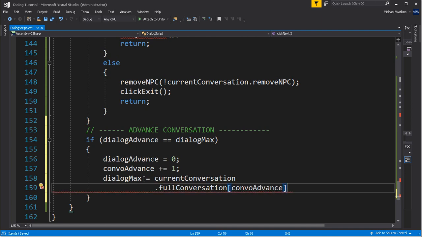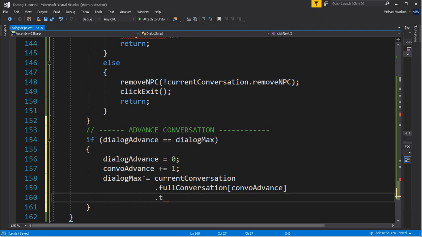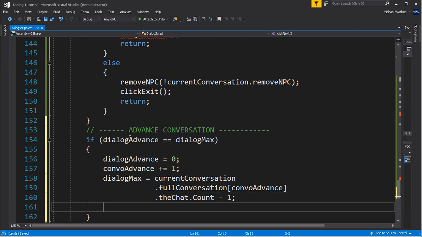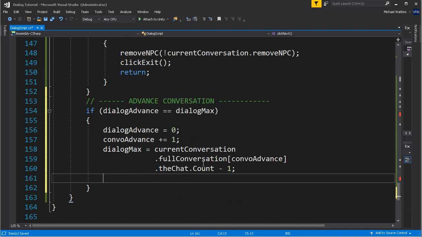And we just advanced it, so that advance would now be 1. We want to find out in the chat how many things does he chat about, minus 1. So we've advanced to the next chat. It's still the same person, but we've advanced to the next chat. No, it's a new person, so the new person's going to need